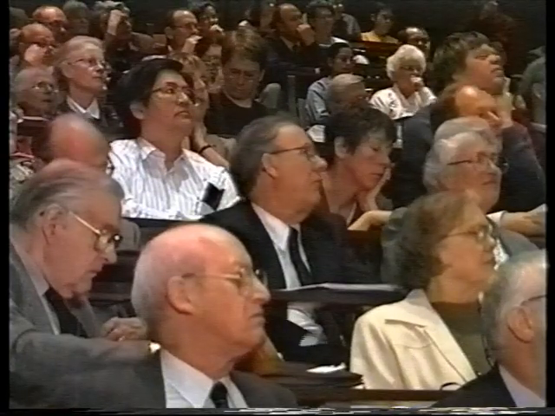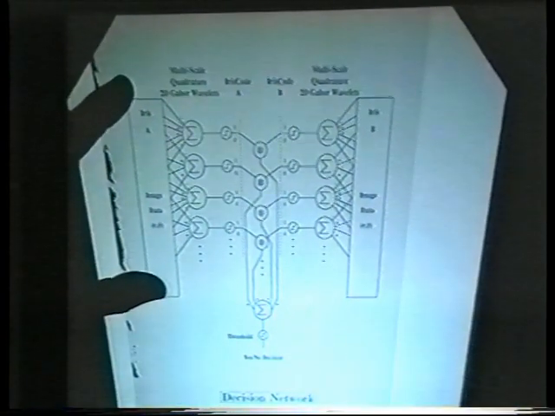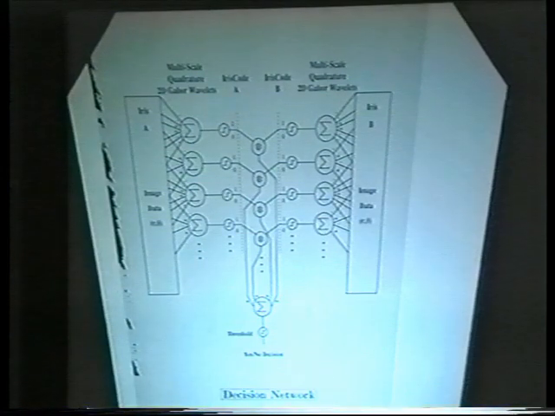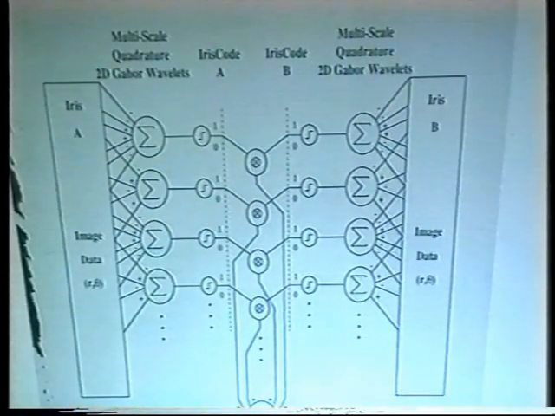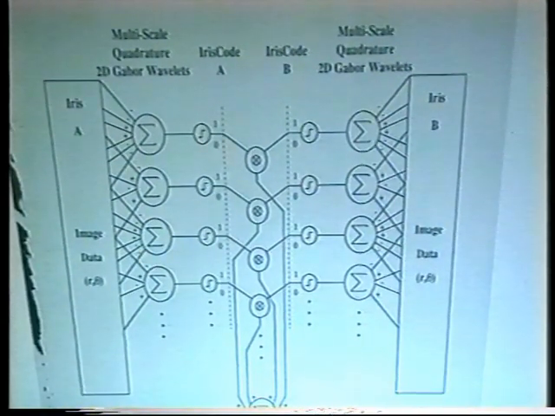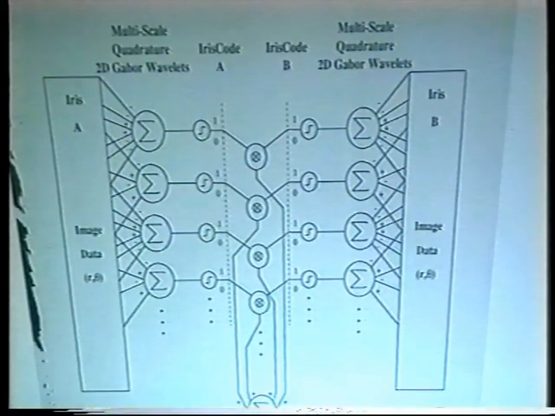The idea is that two different iris codes that are generated, conceptually on the left and on the right, are compared with each other simply by exclusive OR, vector exclusive OR, to calculate the fraction of bits that agreed. And we just ask whether that fraction is consistent with these being independent bit streams or not independent bit streams. A very simple, almost trivial mathematical test which performs the pattern recognition here. This is also the reason why searches are so fast, because the decision process is so trivial.